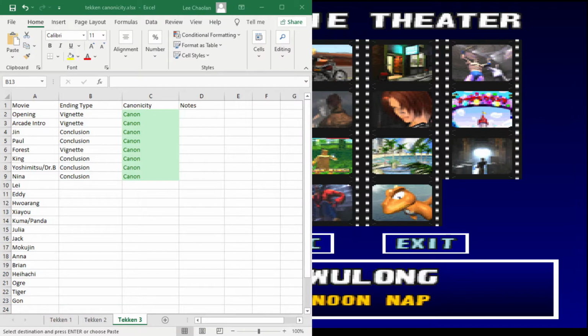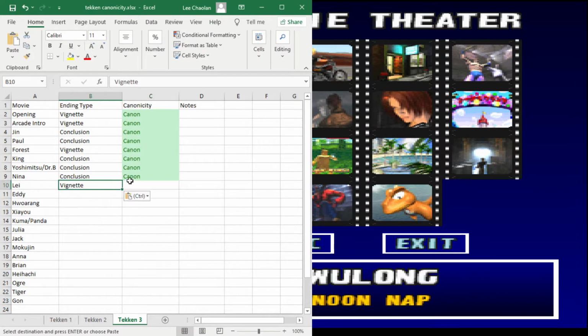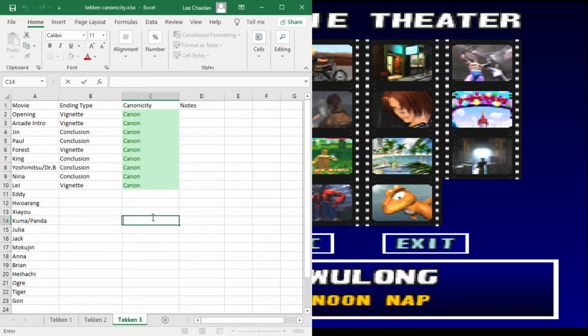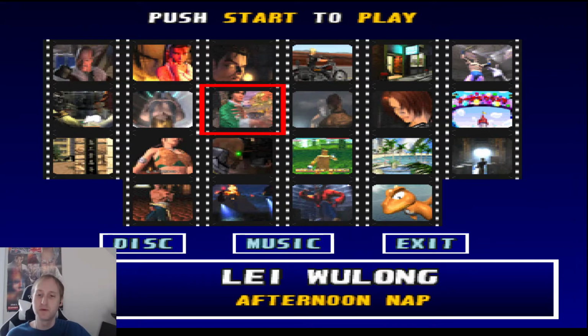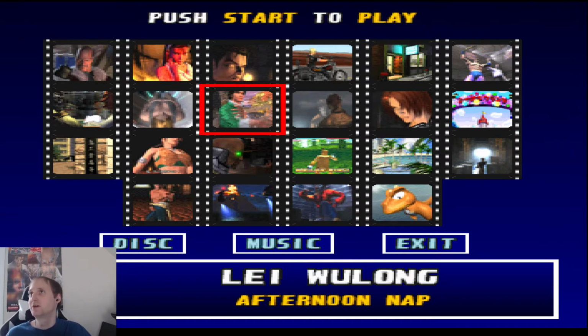Alright, Lei Wulong, poor Lei Wulong. This is just a little vignette that is probably canon, as opposed to shooting the end in a target practice page. The thing about Lei Wulong is he's very annoying to fight against. Not that many people use him, and he just cannot get a canon ending, a fully canon ending to save his life, or at least a, I don't know what you call it, a conclusion ending, because pretty much every